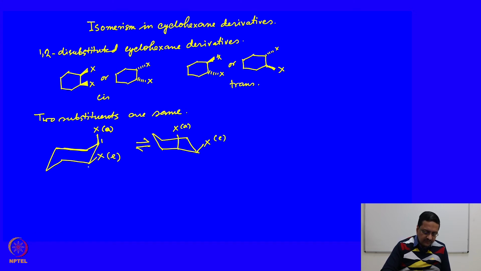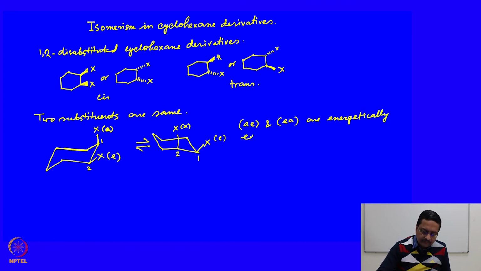If this is carbon 1 and 2, here the carbon 1 and 2. So, here AE and EA, that is axial-equatorial and equatorial-axial, are energetically equivalent,